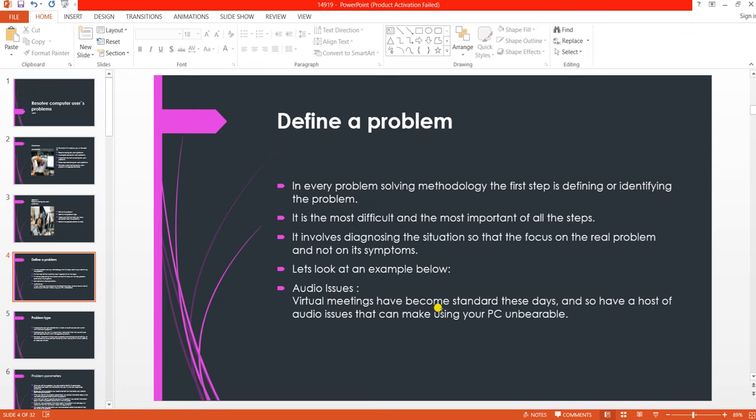So let's look at an example below. In this situation, we've got an audio issue. This is just a description of the audio issue. Virtual meetings have become standard these days, and so have a host of audio issues that can make using your PC unbearable. So in this instance,